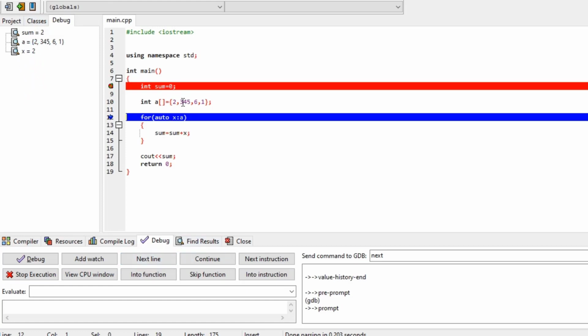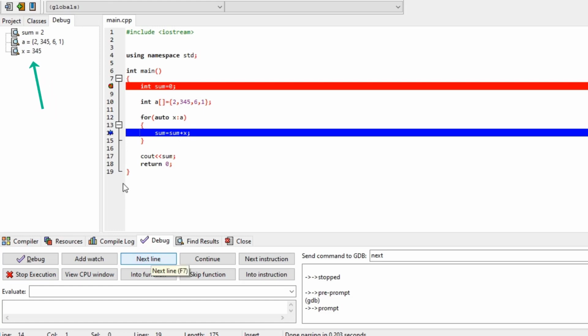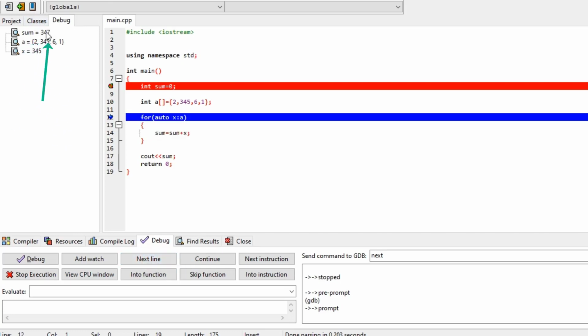At present the next value in the array is 45, and 45 will be added to the total sum, so 45 plus 2 means 47. Click on next. It will go inside the loop logic and be incremented. Here you can observe finally 47, and click on next.